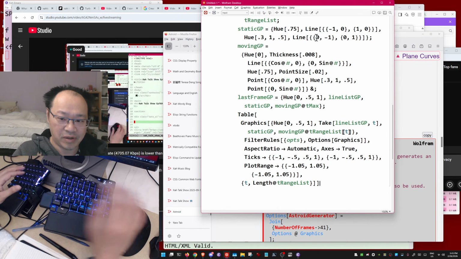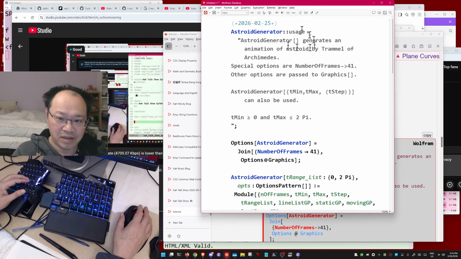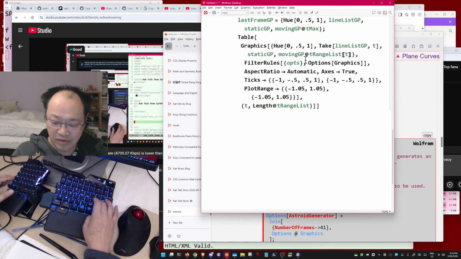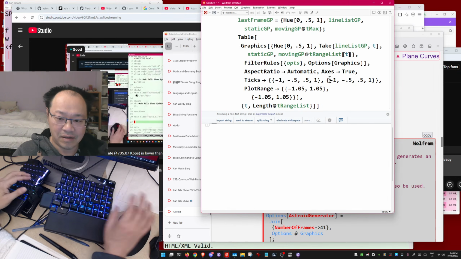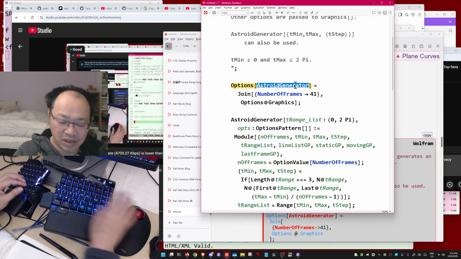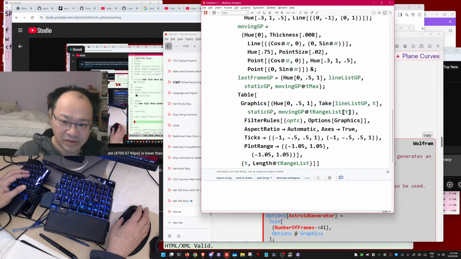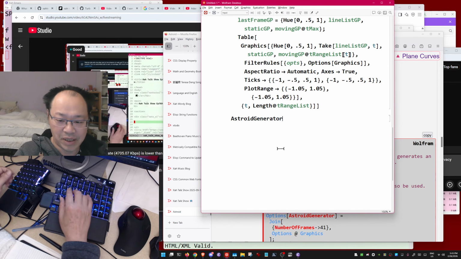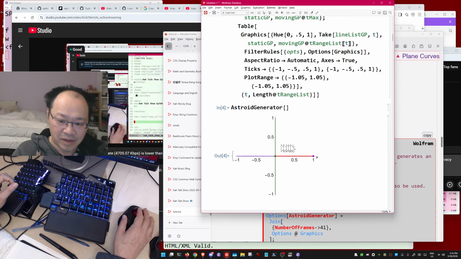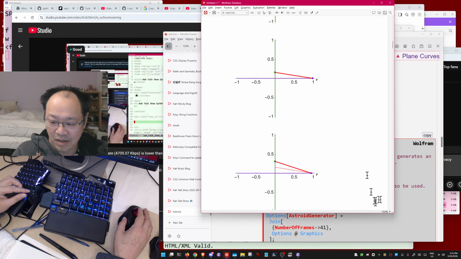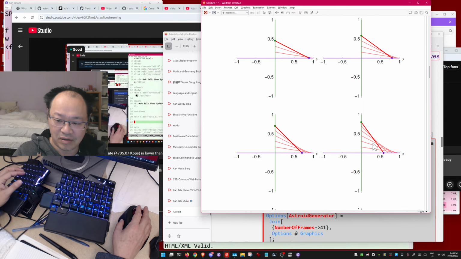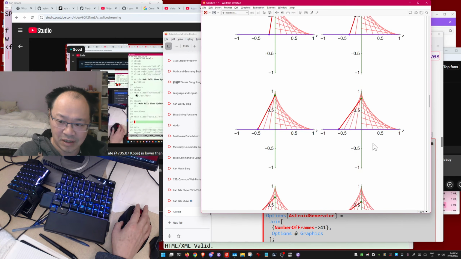Okay, for example, let's paste the code. So here we did this yesterday. So now shift enter, and it defined the curve. So now you can just call this function. We define this function, and now you just paste it and shift enter. That will generate a bunch of graphics showing all these frames. See,